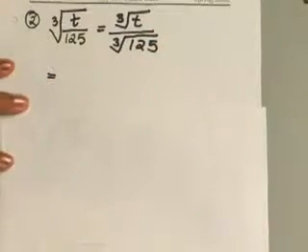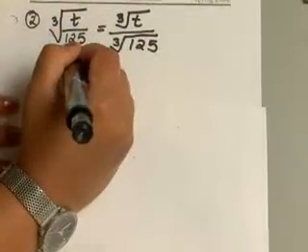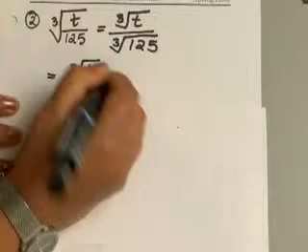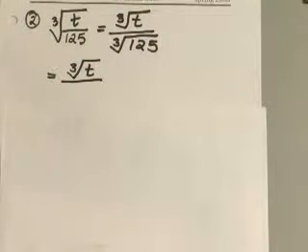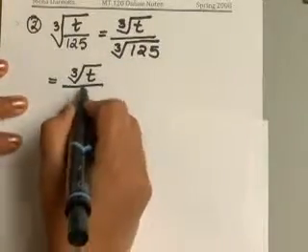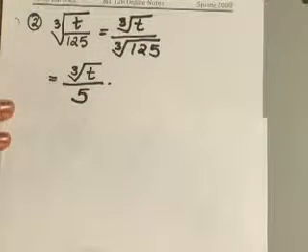Now again, cube root of t, you cannot simplify that any further, so you leave it as it is. And what can you simplify cube root of 125 into? Now just like square roots, again remember, cube root says what number multiplied into itself 3 times will give you 125, and that number will be 5. And that will be your solution to this